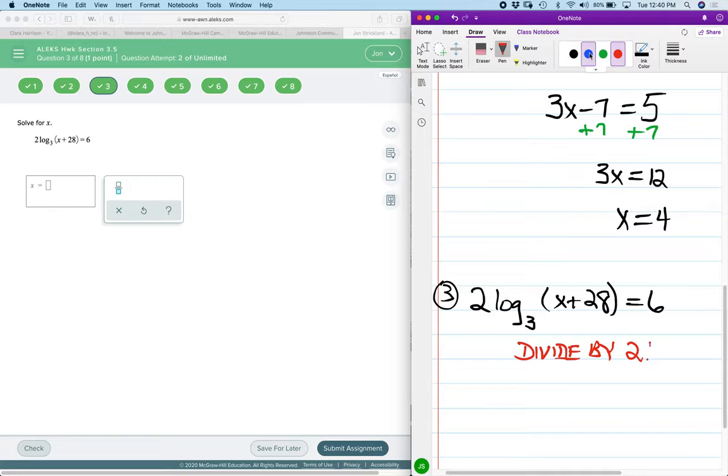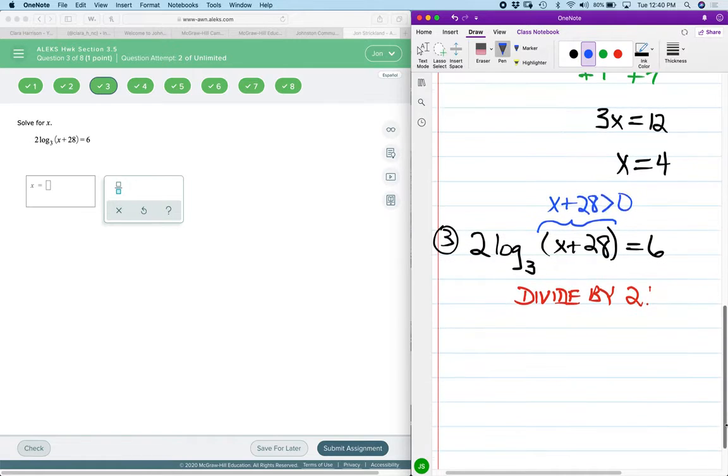Now the argument in the base 3 logarithm is x plus 28, and x plus 28 must be greater than 0. So dividing by 2, we have the base 3 logarithm of x plus 28